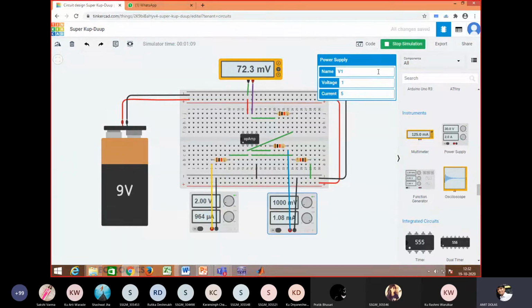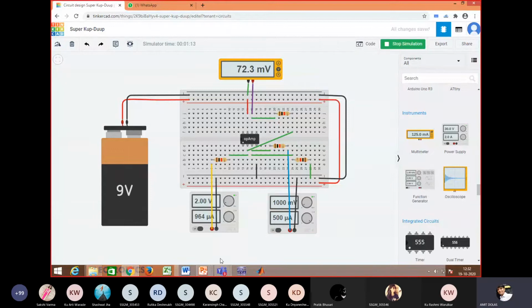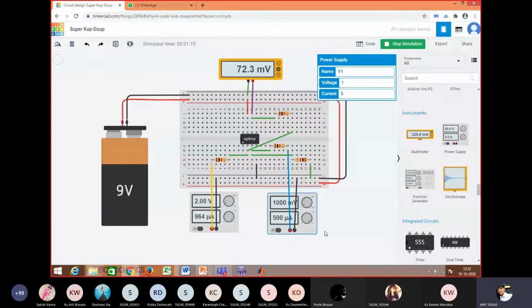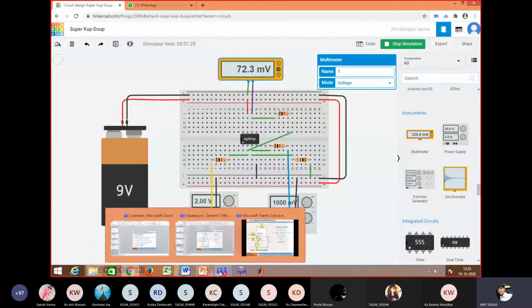What I do, I'll change the voltage. I'll make it 1. So you can see now V1 is 1 and V2 is 2. V1 is 1 and V2 is 2 means 1 minus 2. It should show minus 1 as the result, but you are not getting minus 1 on the voltmeter. So is our circuit wrong?